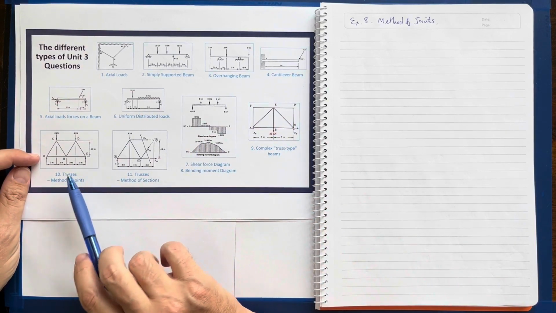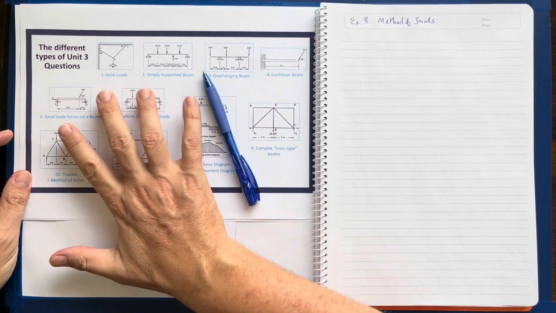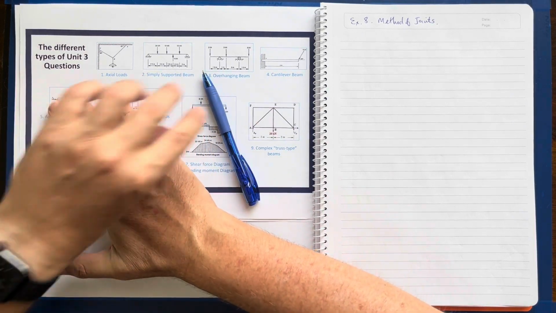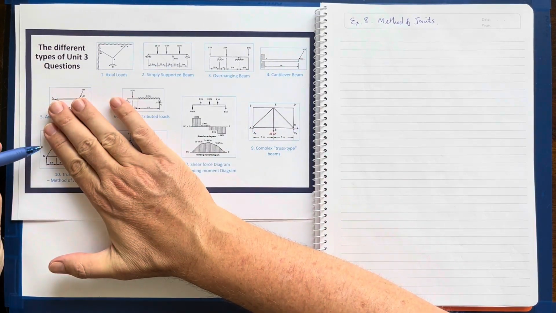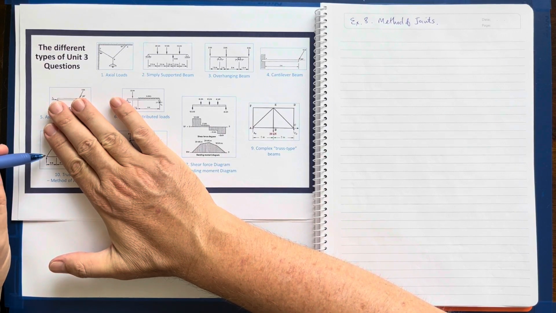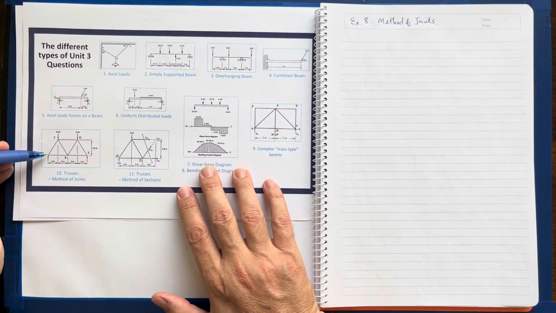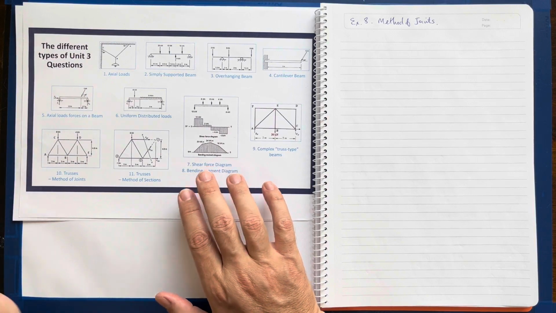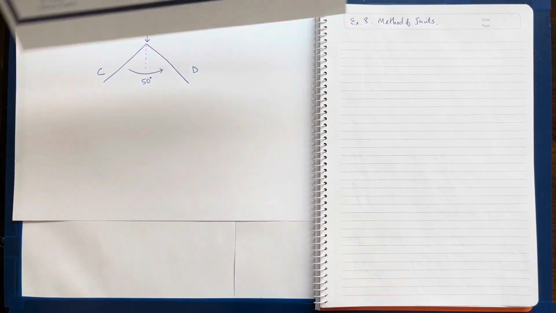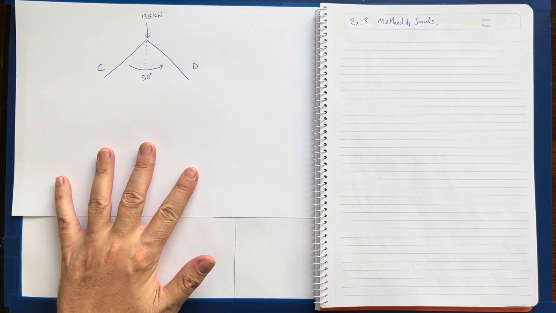And we've done a couple of examples on method of joints, but focusing more on the edge of a truss, looking at the external forces and how they influence the internal forces around a specific joint, and how that transfers into the internal forces experienced in a specific member. Today, in this example, we're going to look at an example